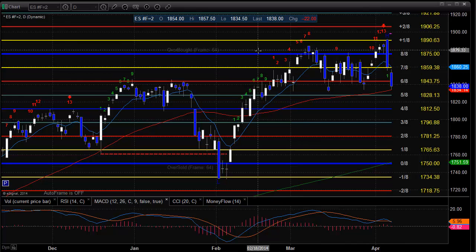Fast forward to where we are now. We did this slugging sideways. We got our 9 up here, chopping back and forth in this trading range, and we got our 13 on Thursday, which was exactly on time. The 13 is your exhaustion signal, saying that now you really have to be on guard for a move to the downside. We already had our 13 in the Comer back here, which indicated the high of the impulse,